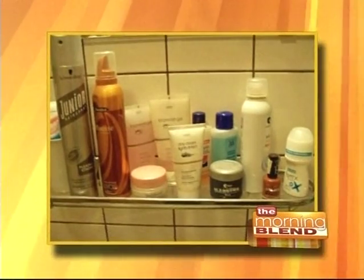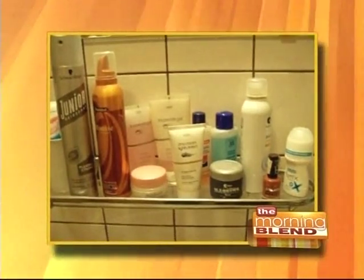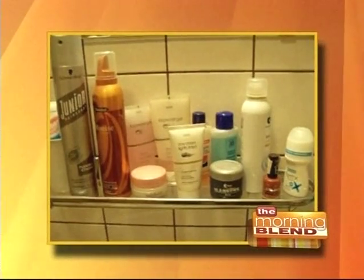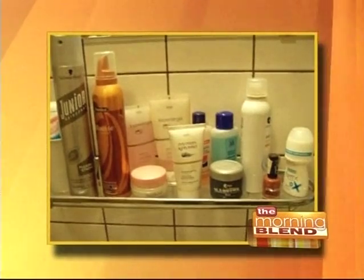How many products do you put on your skin during the morning routine? You know, you've got your soap, your moisturizer, your anti-aging creams, then the bottles, the products, all those things sure add up. And get this, Americans are getting better at reading food labels. We all know that. We all spend a lot of time in the grocery store. We focus on what goes in our bodies, but most of us are probably not aware of what we put